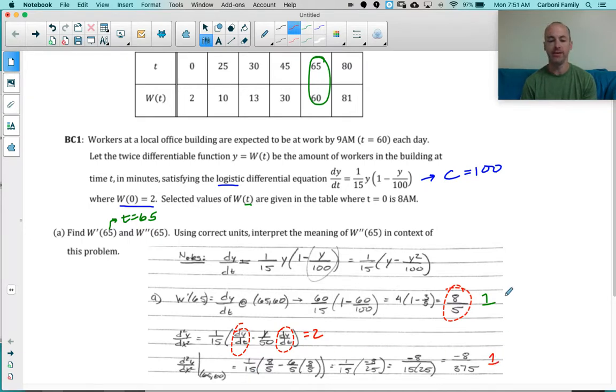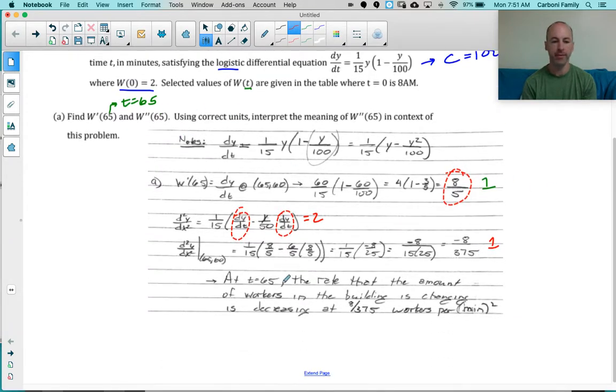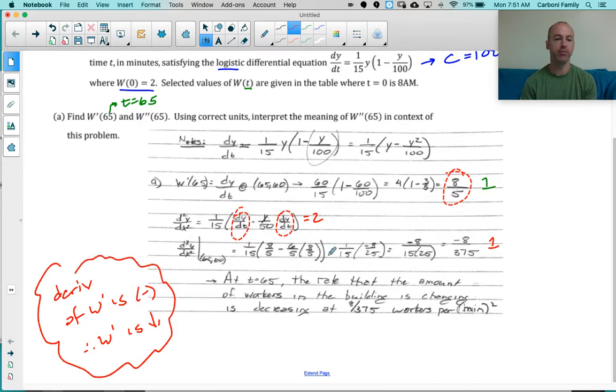And then there is an explanation of W double prime. The way I think of that is I found out that the derivative of W prime is something negative. Okay, and if something's derivative is negative, that means that that function is decreasing. And so that's kind of my thought process. I know that W prime is decreasing since